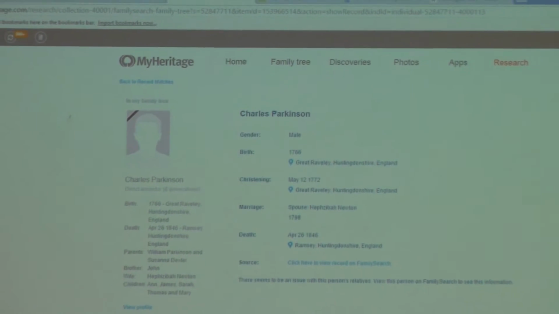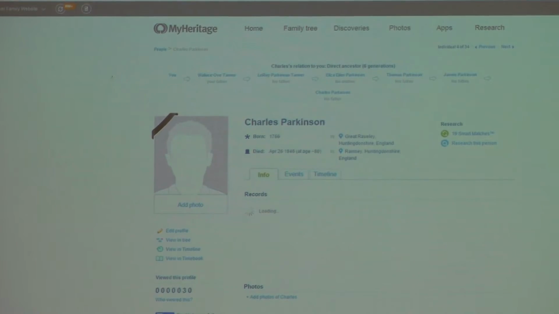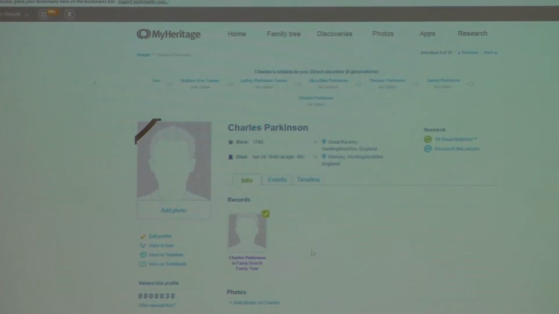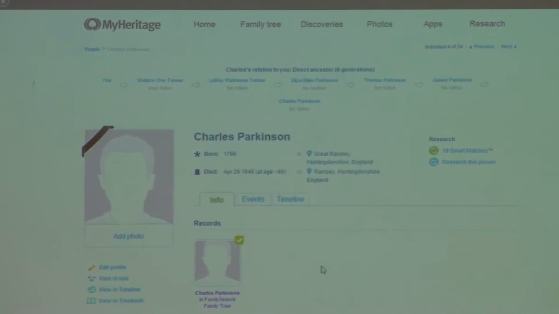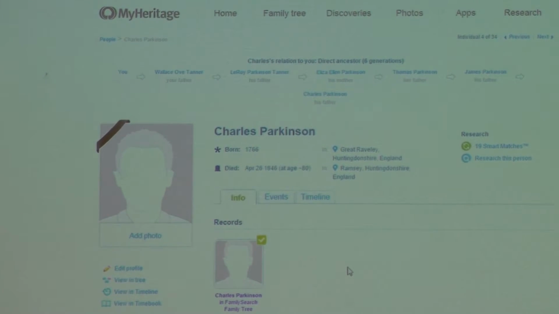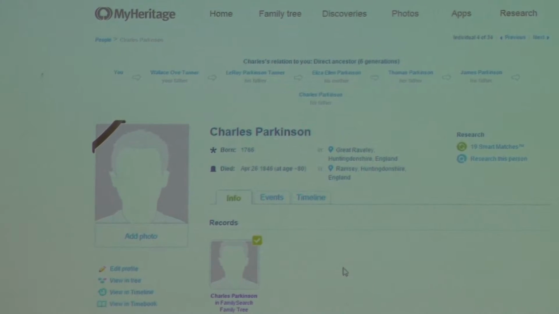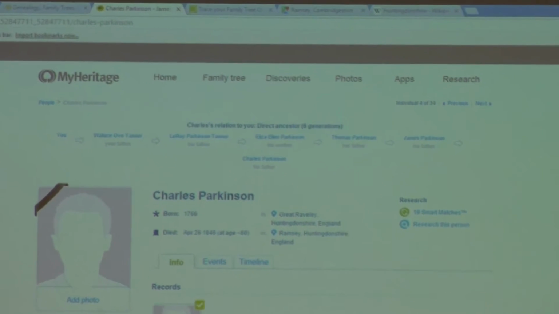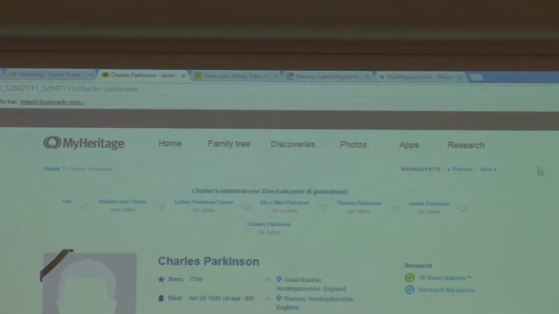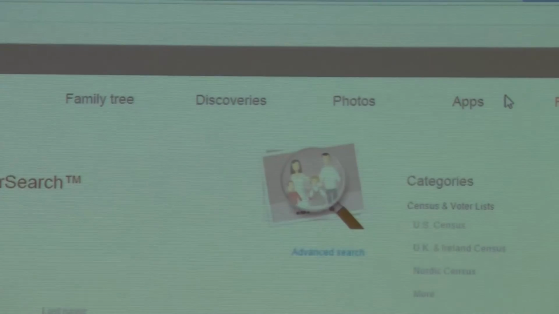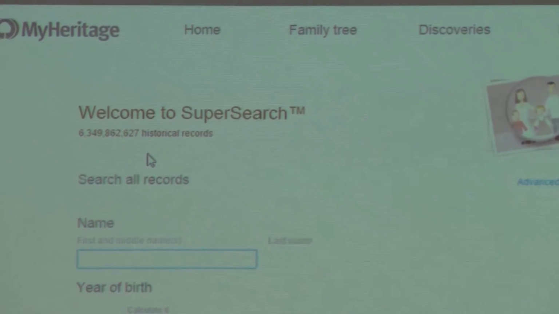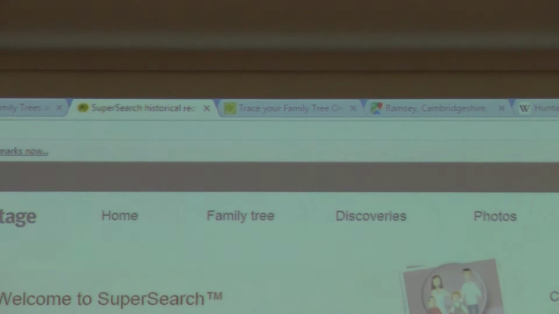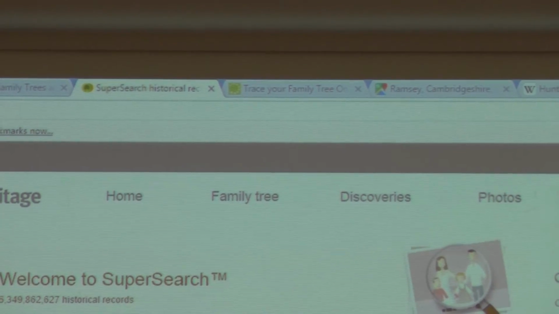back to, we'll get back to Charles Parkinson here. Now, another thing that's important is that people have a tendency to go research these things. And they have a thing up there that says research and so forth. So we're going to look and see how that works. Well, first of all, if I click up here on the research tab, I see that there are 6.3 billion records here on MyHeritage. Now, MyHeritage has acquired some very useful